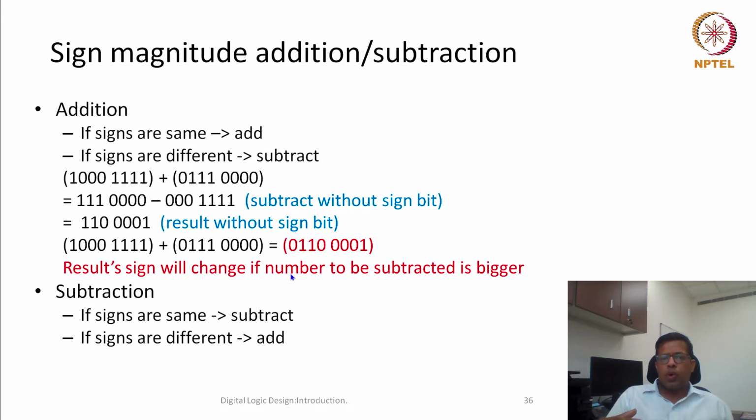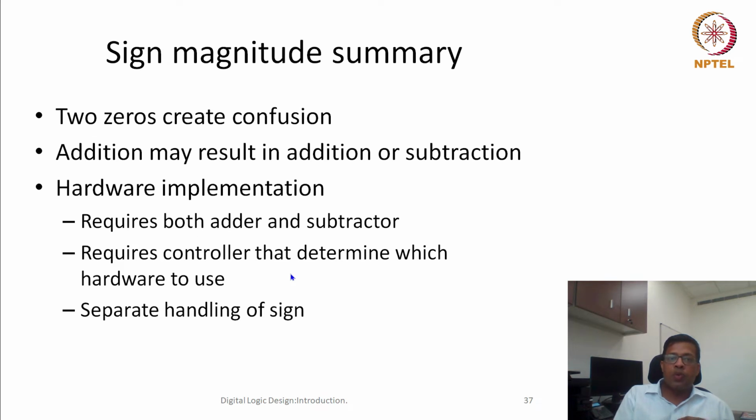So the overall process is a little clumsy, because first of all we require different hardware for addition and subtraction, and we don't know which hardware is required. You need both an adder, a subtractor, and a controller which determines when to do addition and which sign bit is required. That is additional steps. So along with this arithmetic confusion, there is also additional confusion because of two 0 bits, so two representations of 0.